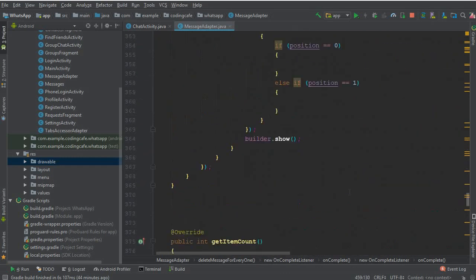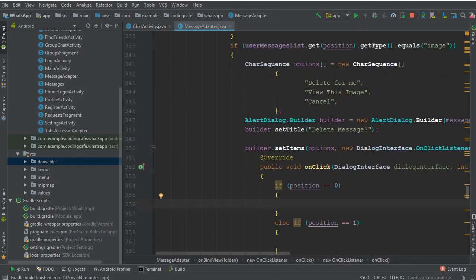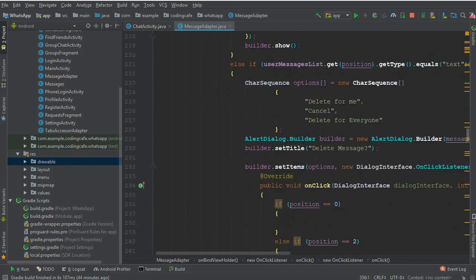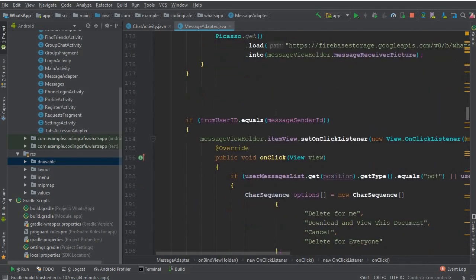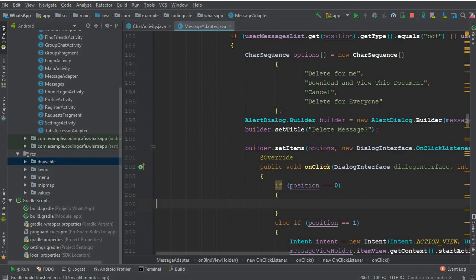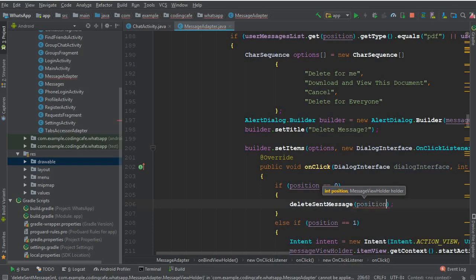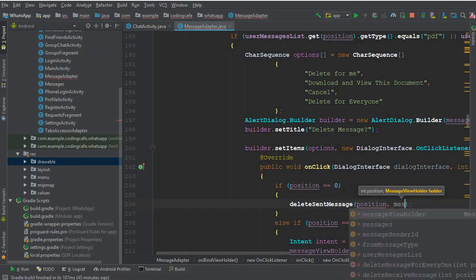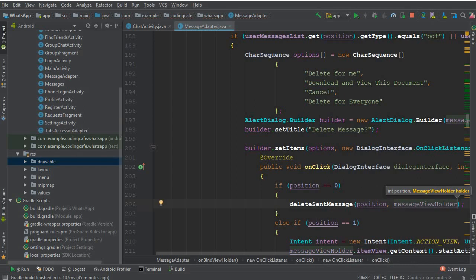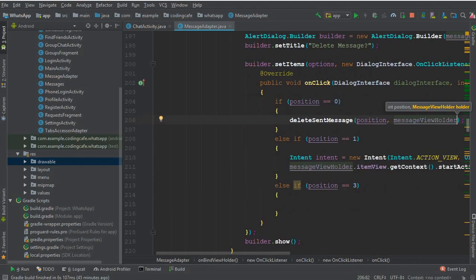And now let's come here above, and when we say image, so for the image delete for me. So okay, we have to check it. Let's do it from the sender side, which is if it is equals to sender ID, then we will call the sender delete sent message method. Okay, so delete for me, all you're gonna need is just to pass the delete sent message, and the first parameter it needs is the position, and the second one is the message view holder. That's it. So this is for this one, and then we have this one, and delete for everyone, which is